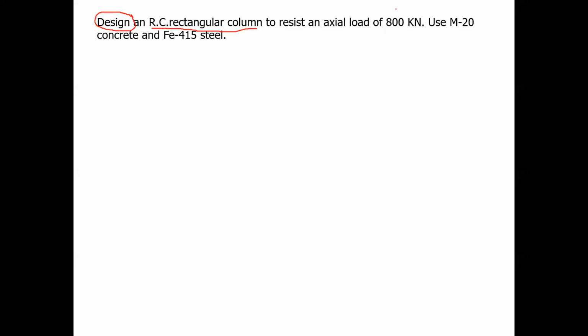Okay, how you are going to calculate area? You know the load. Okay, by using the load, you have to calculate the area. So yeah, it is axial load. So this one you have to convert to the factored axial load. And here you have to assume that 2% of steel to be provided in the column. As per the code provision, you have to provide 2% of the steel for the column area.